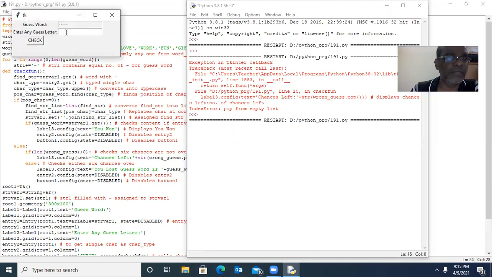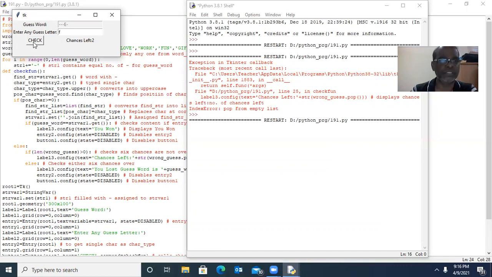So the selected word is having 5 alphabets. Randomly I press A. 5 chances left. B. I don't know the correct word. I randomly checked. C. D. E. That's the correct word. It should be water. But we can assume we want to check whether the program is correctly running or not.